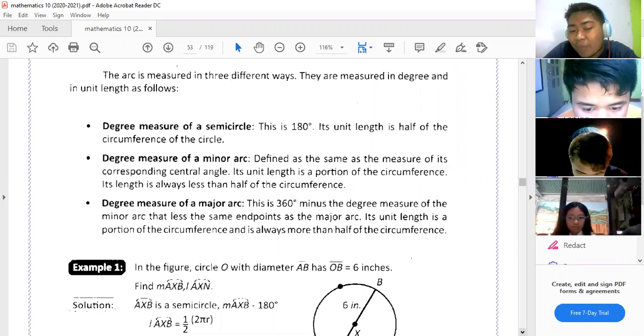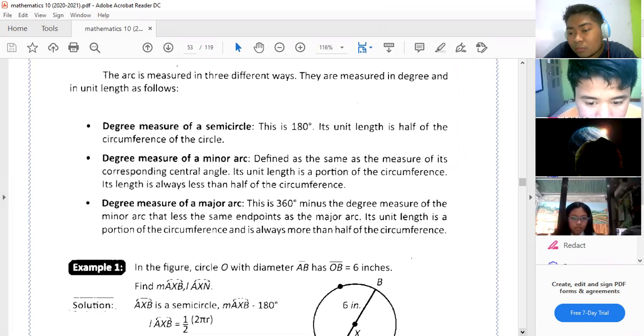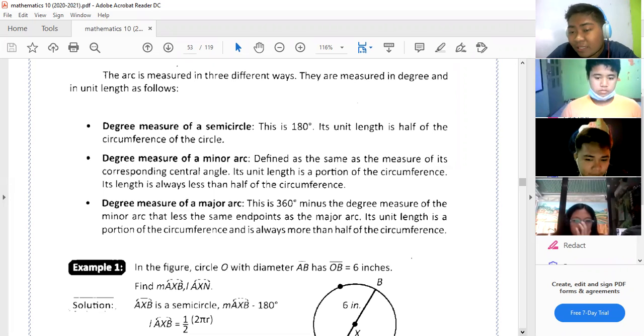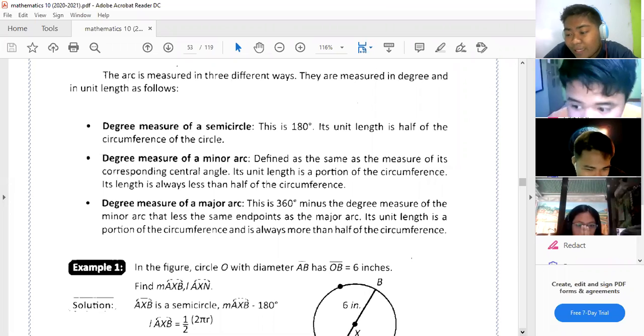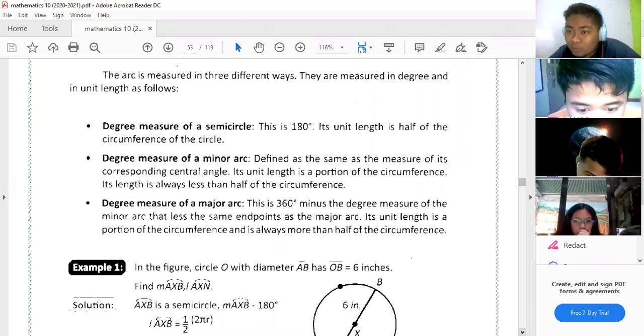the circle. So, ilan ba ang degree measure ng isang circle? Ilan ang degree measure ng isang circle? 360. That is 360 degrees. Di ba pag umikot kang ganon, tapos umikot kang ganon? So, that's 180. Plus 180, that is 360